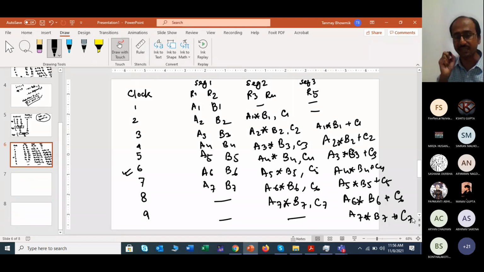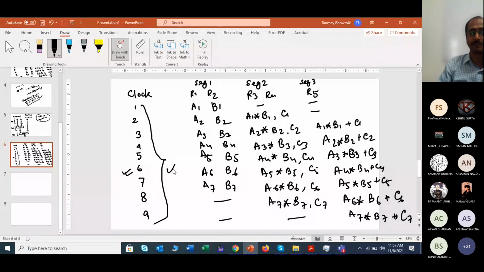Now just check how many pulses are required. You are just taking up to that zone. Okay, that was 4 pulses completed at that time. So now 3 more tasks have been completed. Now you have all the values of A7, B7 and C7 in your hand. So you can say yes, I have completed all of my 7 tasks properly. So how many pulses are required? It is 9.